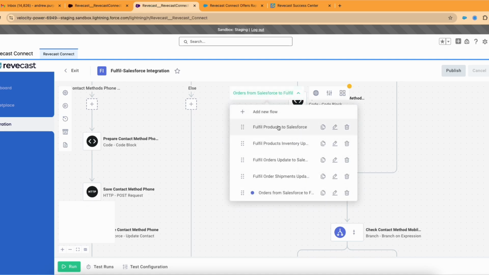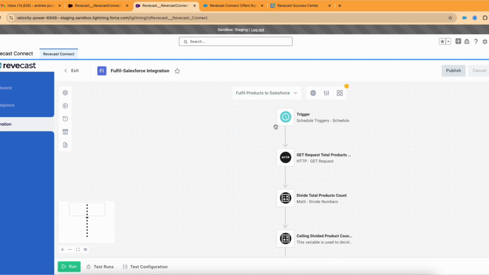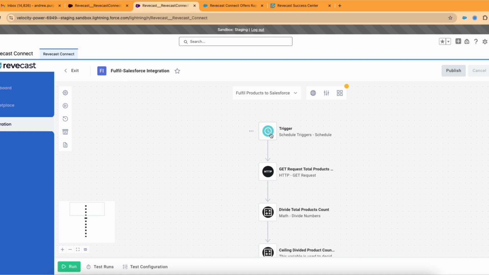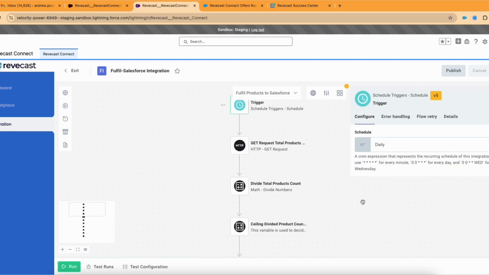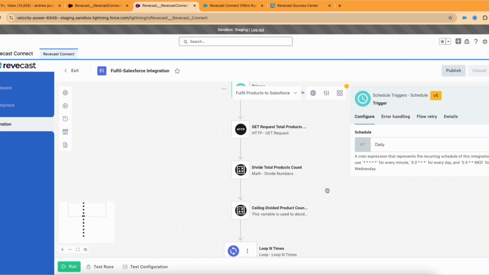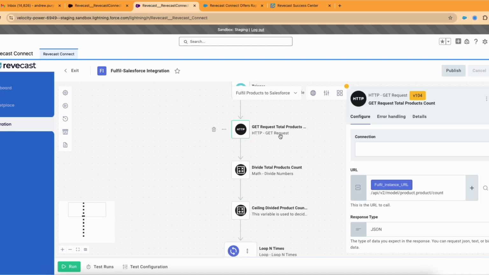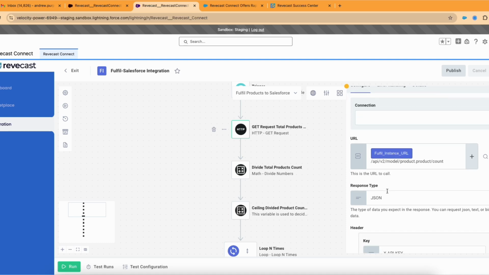Now I'm going to show you a simpler integration. This is products sending to Salesforce. This is just a scheduled trigger. You can see that it runs daily. And this is a pretty easy example to understand. So it's using the raw HTTP get connector, and it's using a URL of the API for Fulfill, and it's getting some specific information,